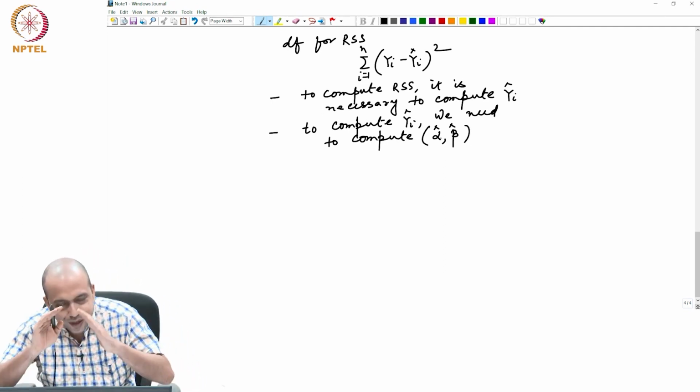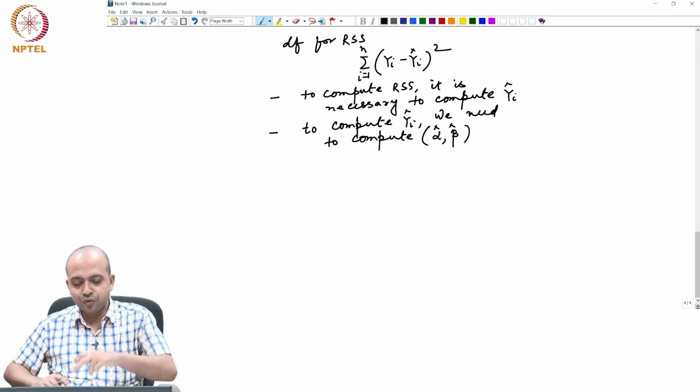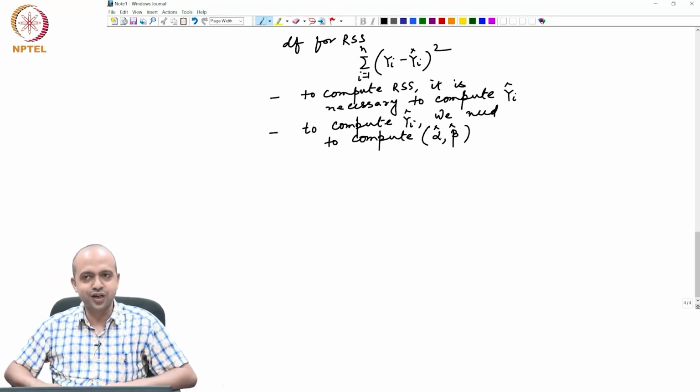That means if you have n number of total observations, while estimating alpha hat and beta hat, you will